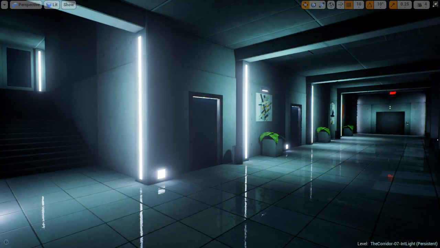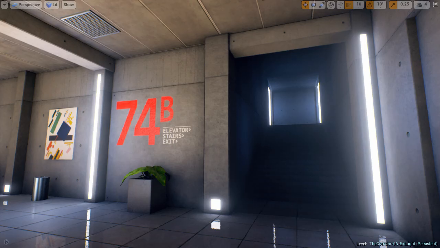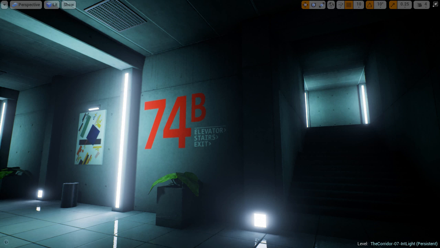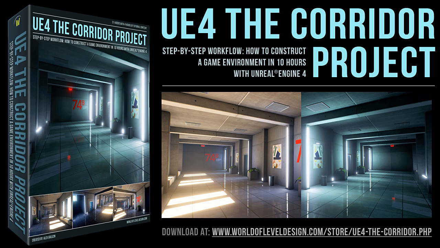Now, the hour by hour structure is a framework, and each hour of the workflow is focused on one aspect of production. This video covers a lot of insight and process development steps, but if you want to follow a step-by-step, hour-by-hour breakdown and learn all the specific techniques of what it took to create the corridor,